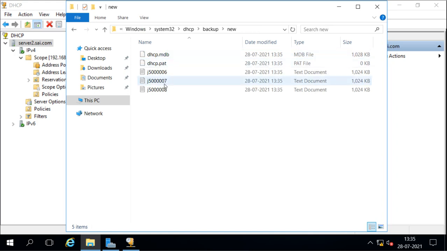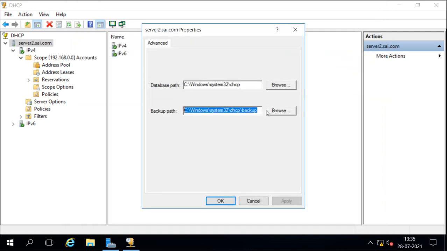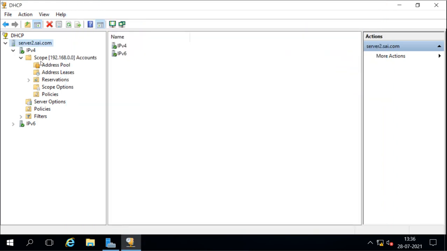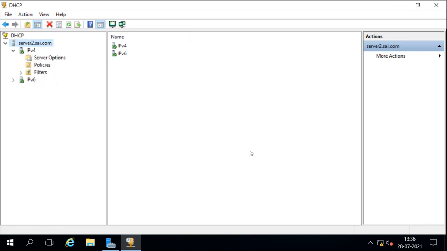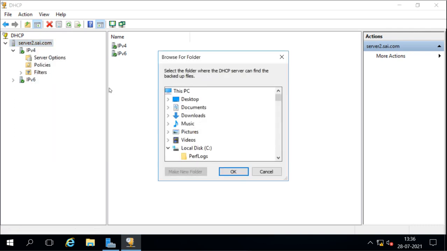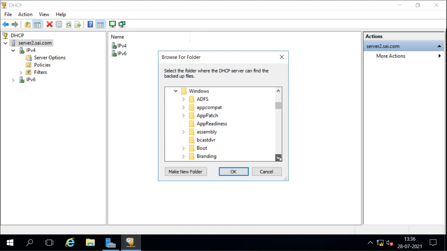Now if we want to restore it, for example, suppose I delete this scope. You do the deletion, configuration changes or whatever, and you want to recover it. So what you can do, you can restore it from the backup. So you will select this and then it will ask where your backup file is. It goes to the default location automatically, or if you have changed the path, then you can go to that other path where your backup file is.